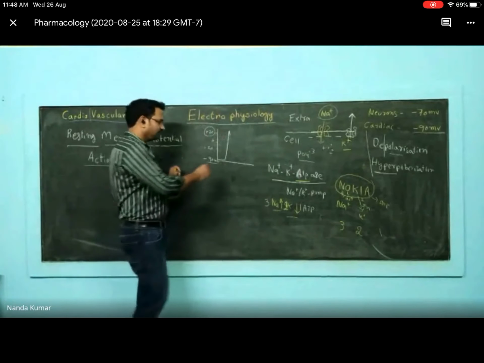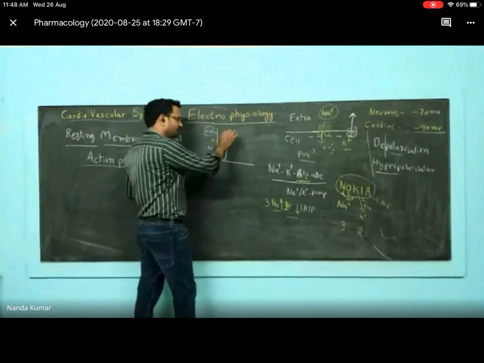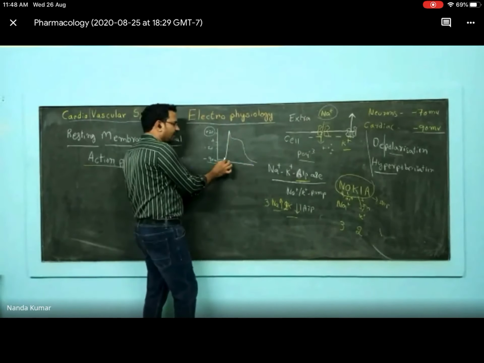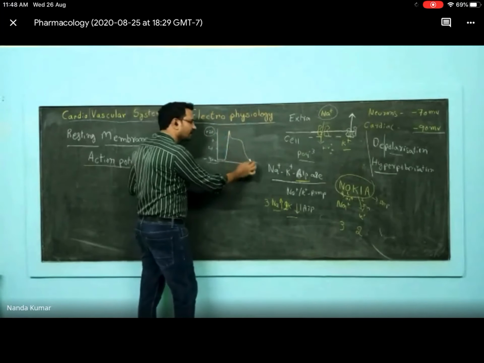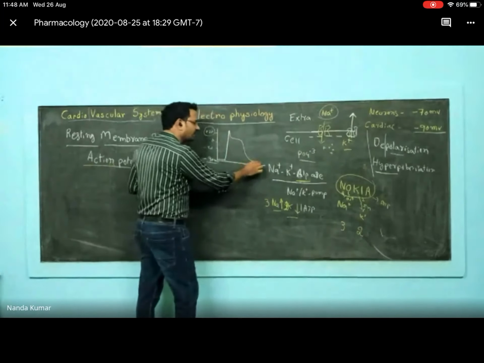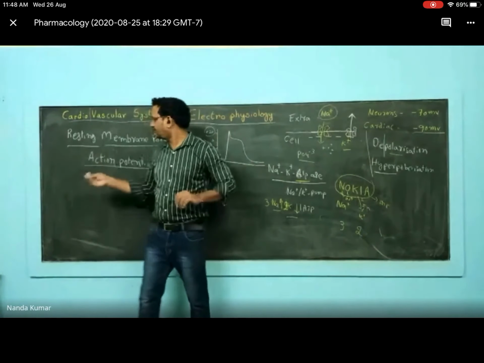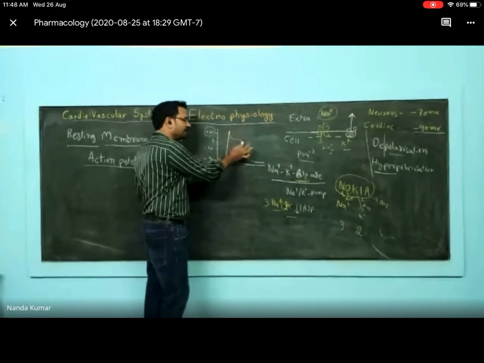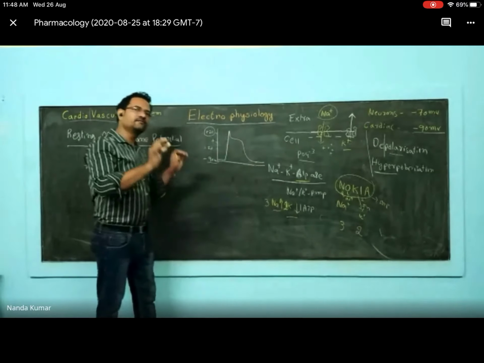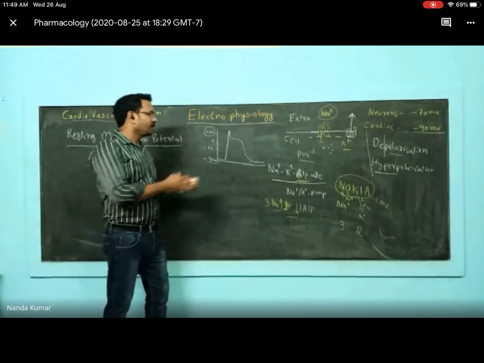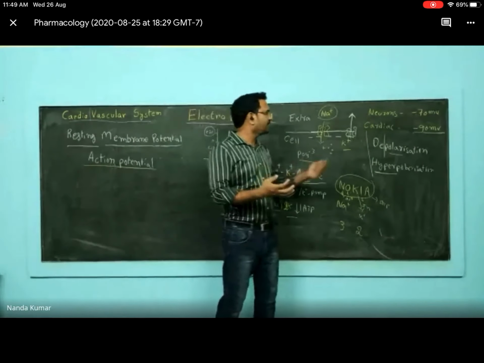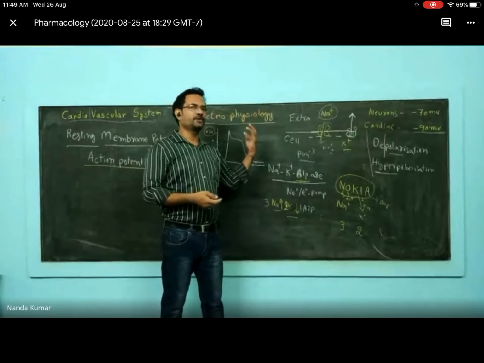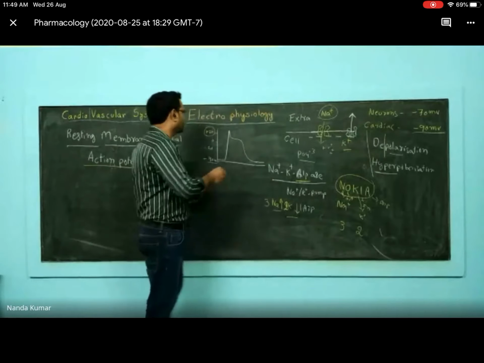Now action potential: rapid rise of depolarization and then fall in that potential. So you can see a rapid rise in potential is there. Again, it is coming down. This is called action potential. So action potential is rapid rise and fall of potential. Now this action potential is responsible in our cardiac cell for the contractions. Contractions occur because of this action potential. We'll see what happens in this action potential.